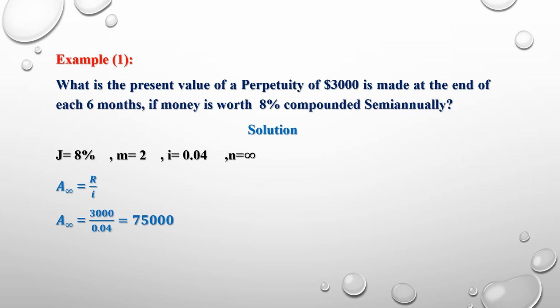Let's take some problems or examples on perpetuities. Example 1: what is the present value of a perpetuity of $3,000 made at the end of each 6 months if money is worth 8% compounded semi-annually? In this example, it's giving you the value of the perpetuity, which is $3,000, and this payment is made at the end of each 6 months. So this is an ordinary perpetuity,